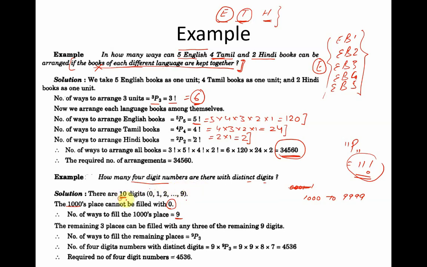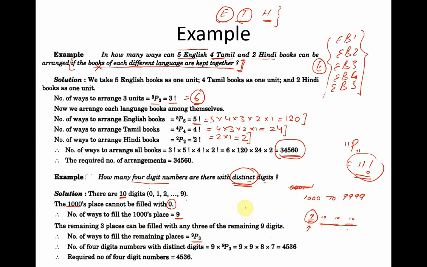See, these are 10 digits, 0, 1, 2, 3, 4, 5, 6, 7, 8, 9. A total of 10 digits are there, but only 9 can be used for the thousands place; there are 4 places, the units place, tens place, hundreds place and thousands place. Now this place can only use 9 digits, whereas these 3 places can use 10 digits each. Number of ways to fill the remaining places is 9P3. The remaining 3 places can be filled with any 3 of the remaining 9 digits. Distinct digits. Remember, I have used the word distinct over here. That means the digits are not to be repeated.